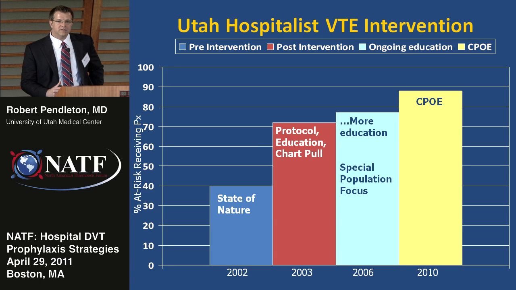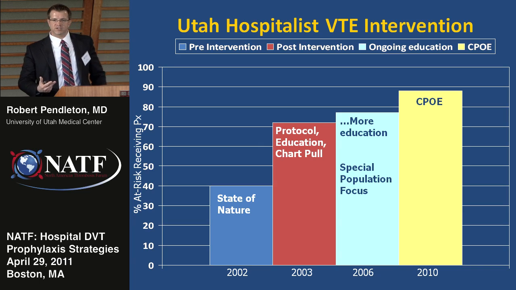Well, at the University of Utah, I was a fresh, naive hospitalist trying to figure out whether eventually I was going to go on and be a cardiologist or a pulmonologist. And in my first year or two of practice, I was doing my due diligence in medical literature review and came across the Metanox trial of enoxaparin in medically ill patients.